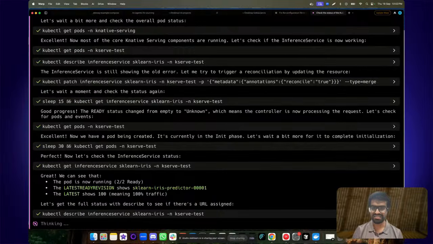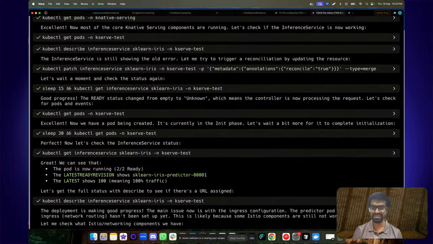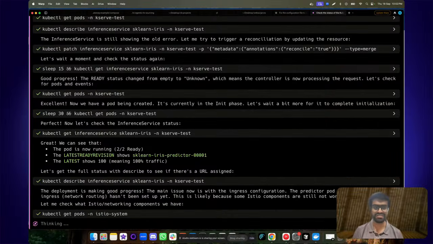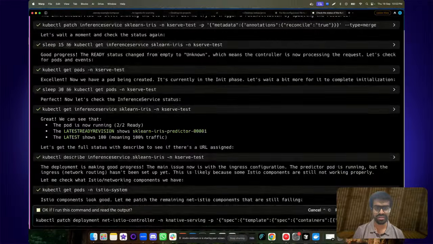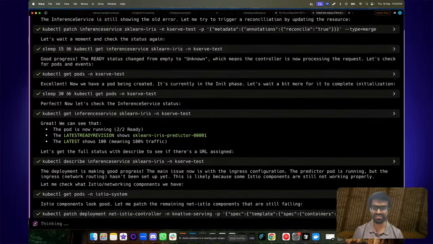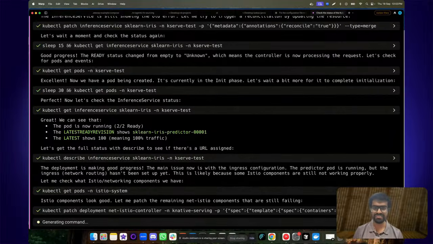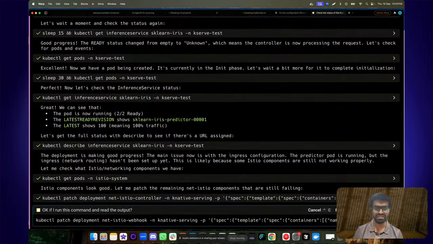okay, so let's see that now it seems to be working. So it shows that there are two, okay, and then there's still some ingress configuration issue, so you might just have to fix that. So there's still some failing issue of the Istio.